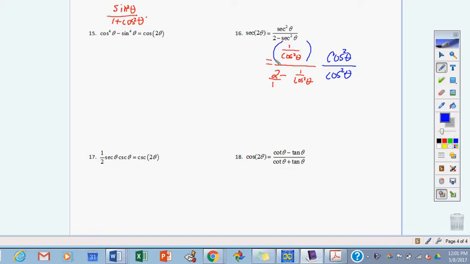When I multiply the top by that, that's going to give me 1 over cosine squared theta times cosine squared theta. Well, that's literally just a 1 on top. And then I have on the bottom, well, remember, we're going to have to distribute through. So that would be 2 cosine squared theta minus,